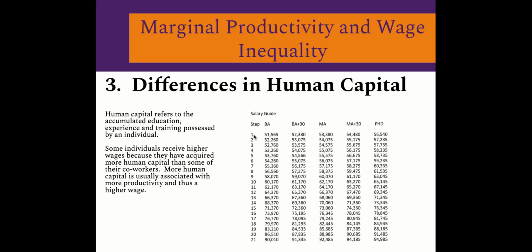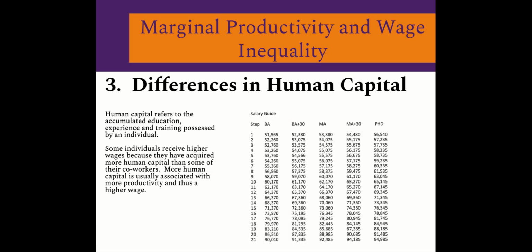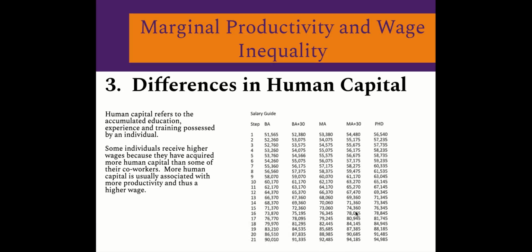So if you are a first-year teacher with a bachelor's degree in this school district, this is in our school district, you're making $51,565. However, if you have more experience, let's say that you've been there for 10 years and you have a bachelor's degree, you're going to get paid $60,170. Let's say that you've been there for 15 years and you also have your master's plus 30. Okay, we're going to pay you